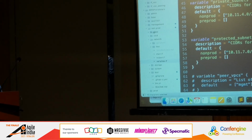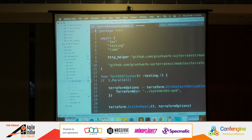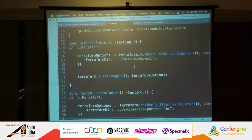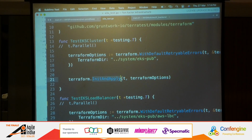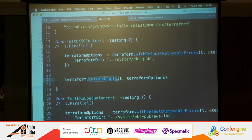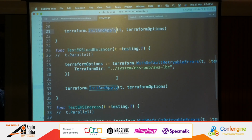Now let's look at the Terratest. So Terratest, as I said, is a Golang based tool, and in Terratest you can actually do everything, these activities like Terraform apply, then Terraform output and all those things. Terratest already has functions for that. So as you can see, I have built an EKS cluster. In the EKS cluster you don't have to execute the Terraform apply command before running this file. You can just create this file, like I have an EKS cluster which has a load balancer and